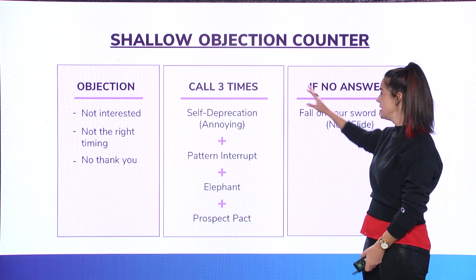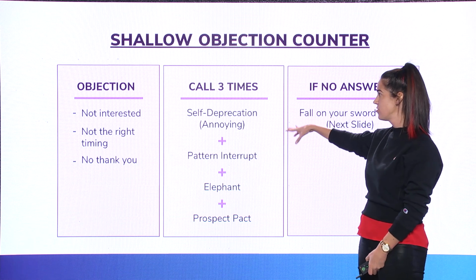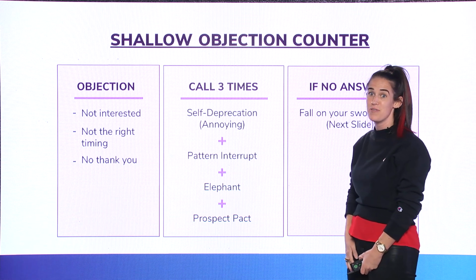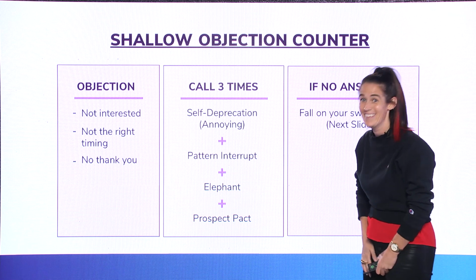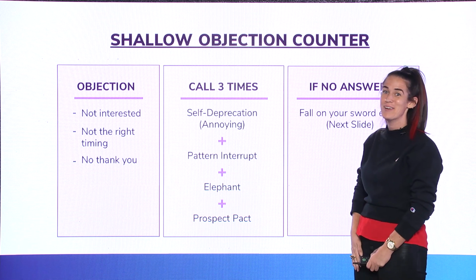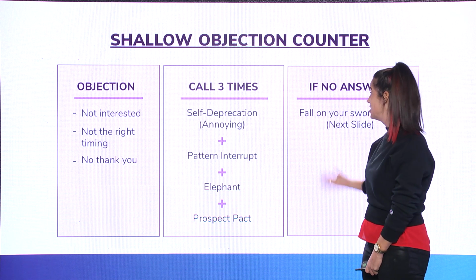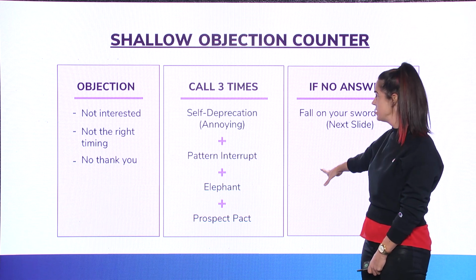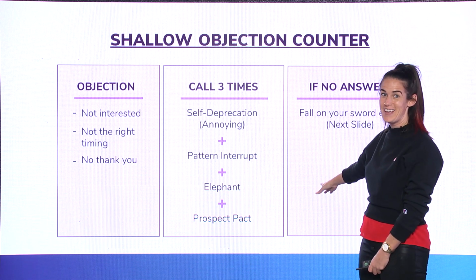Over email, here's the 3 most common: not interested, not the right timing, and no thank you. They probably won't tell you over email that they're running into a meeting. I'm never going to say never, but I haven't seen it happen. They just won't respond. I would call 3 times at that point to the person, and I would say to